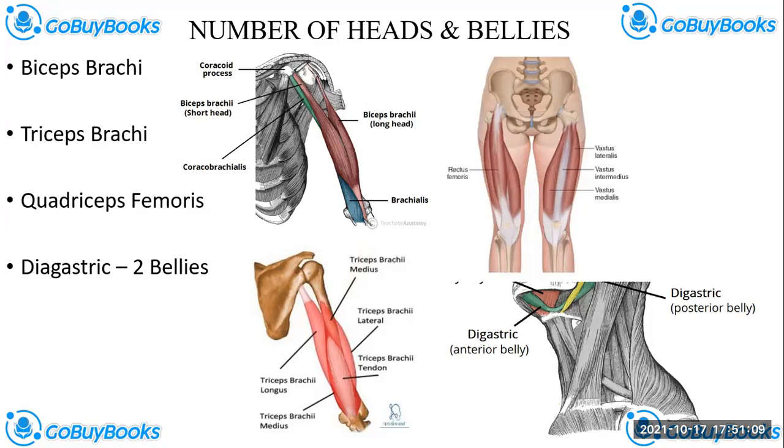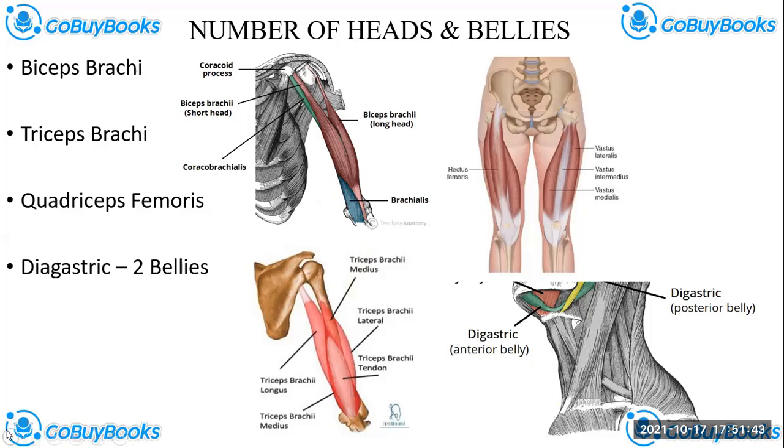So another one is triceps brachii. It's the muscle of the posterior compartment of the arm. You can see here, the posterior compartment of the arm. This diagram makes it clearer. If you look at it, it has three heads: the medial head, the lateral head, and the long head. Like three heads. The muscle has three heads. That's why it's called triceps brachii. I believe that should explain it.